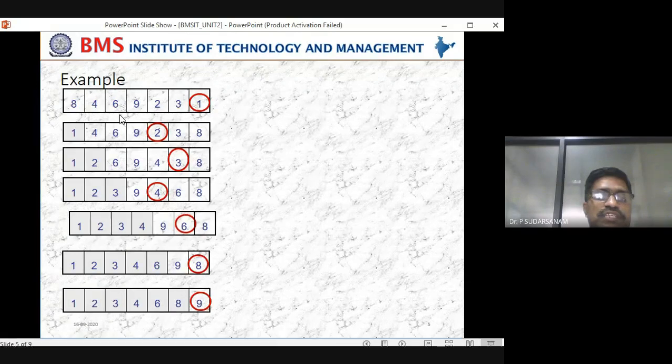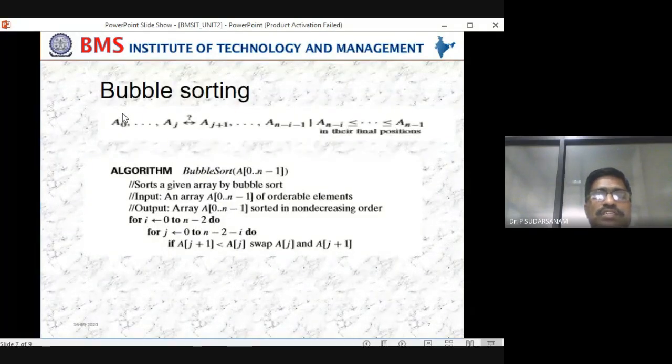This is what we have seen already. These are also examples we have seen. And bubble sort algorithm. So now selection sort, what you have done is finding the minimum element and placing it into the first location. Now bubble sort, anybody can say the definition for the bubble sort?